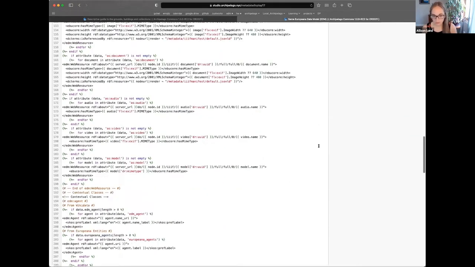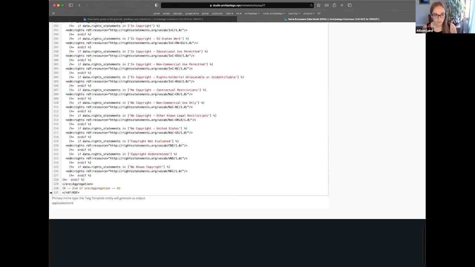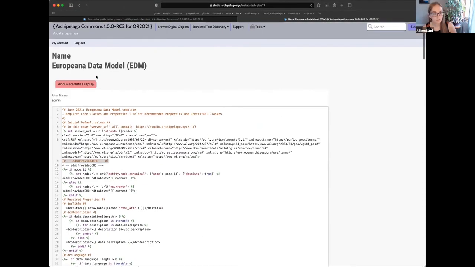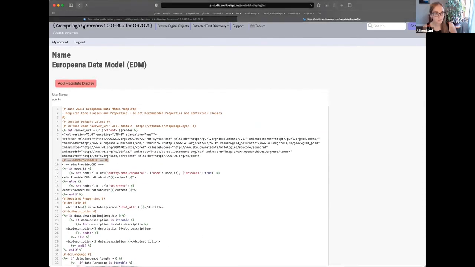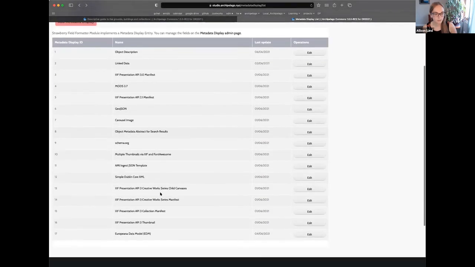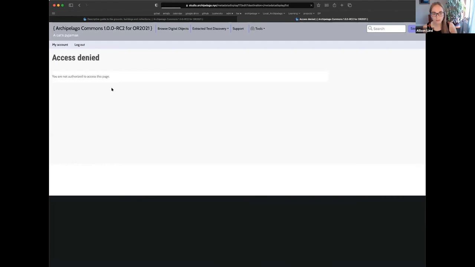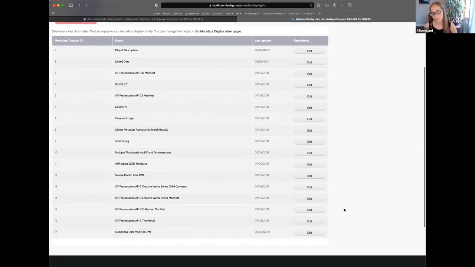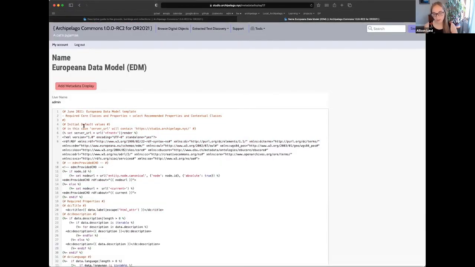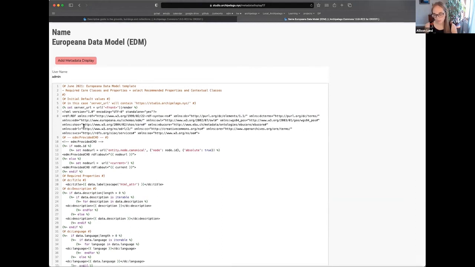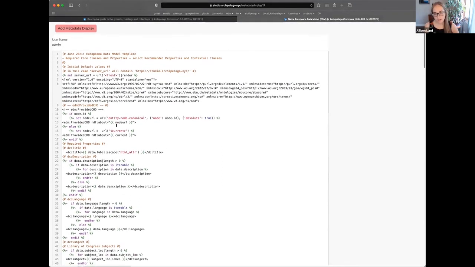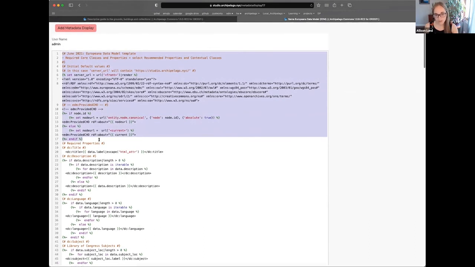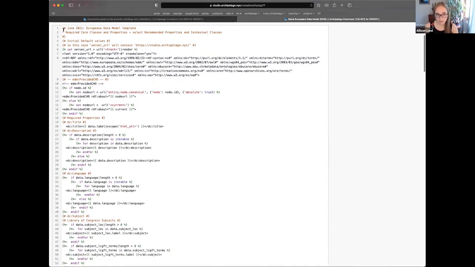I'm just going to scroll down here. One thing to note, you don't have the option to edit here, so you can't see the preview. But if you did want to use this yourself to go through trying to source different pieces, and add a few more optional properties to this template to see how it's done,